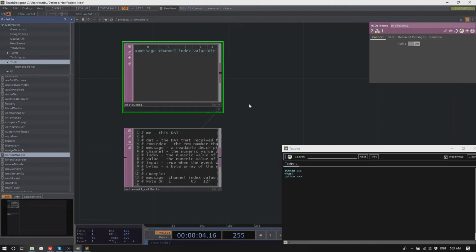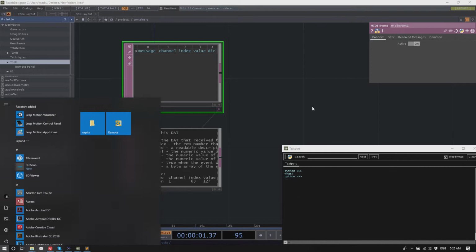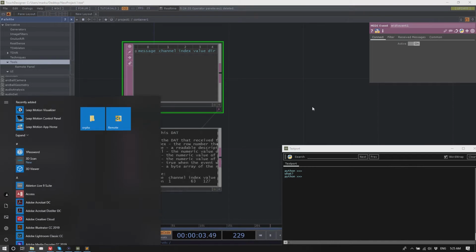We'll just pretend that this is a MIDI device because I have Touch OSC installed on my iPad. Do you guys know Touch? Yeah.